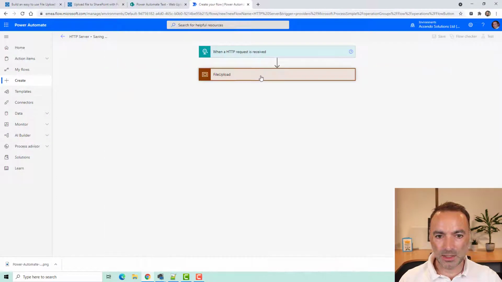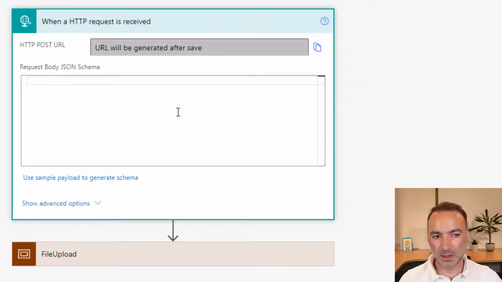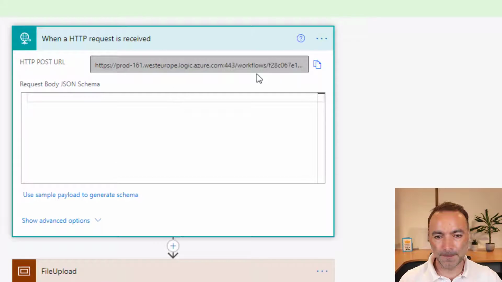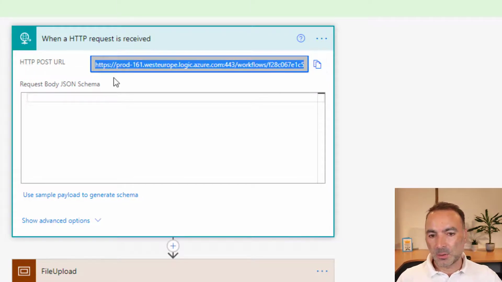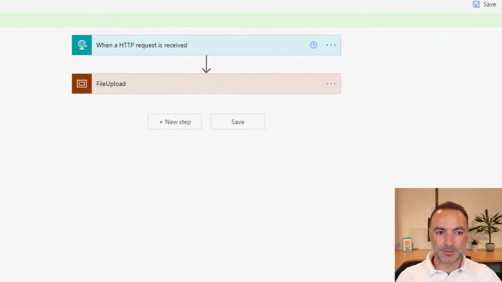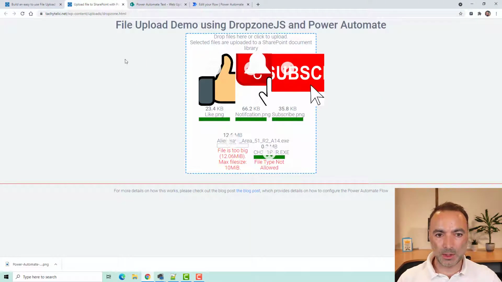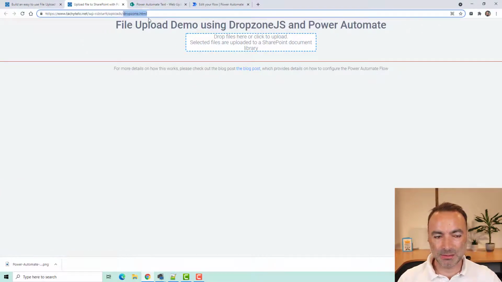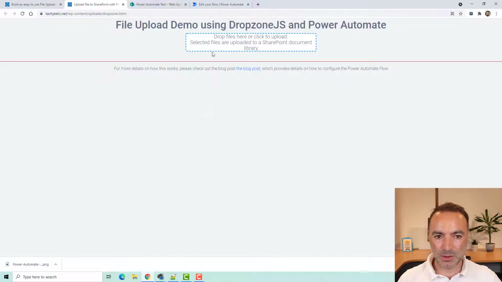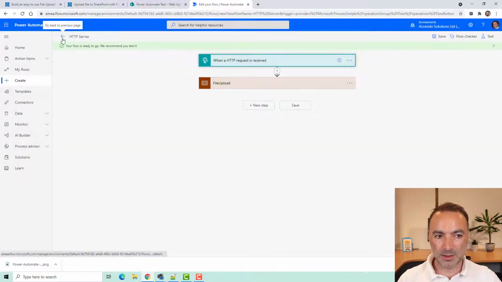And then what you need to do, just wait for that save to complete. We need this URL here, because this is going to be the URL for the server side, for the client side. So once you have generated this server part, how you go about doing this part is up to you. So I've put it as a static HTML on my blog, but we can also generate the client-facing part through Flow.